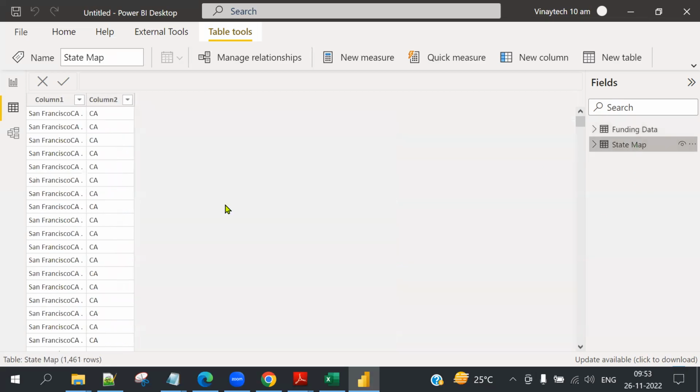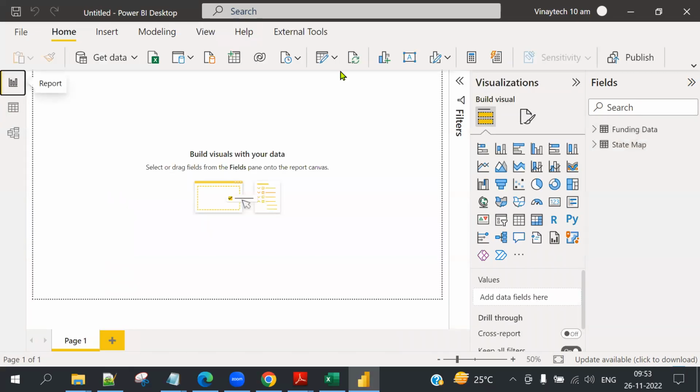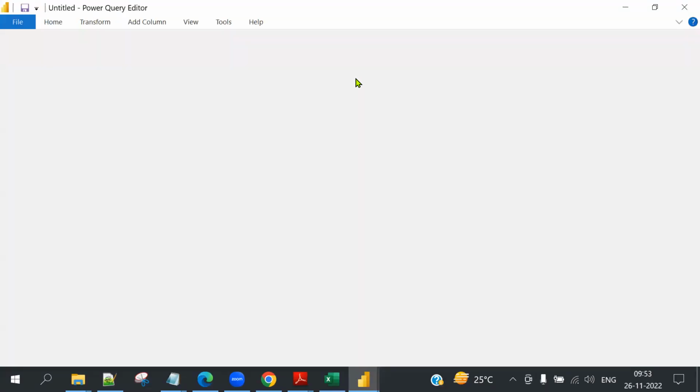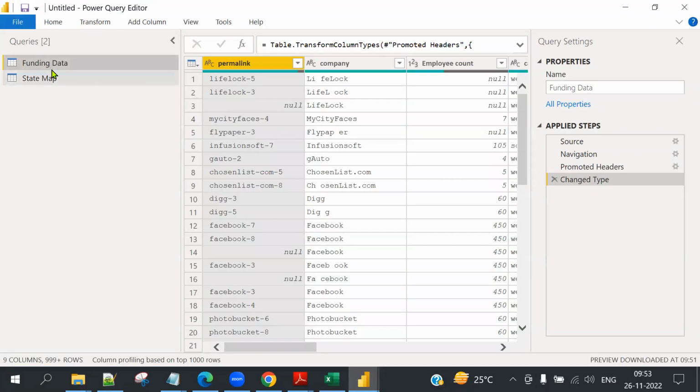Now go to state map. Okay, see. Not good. Go to this. What to do? Transform data. Funding. One by one we will work on it.